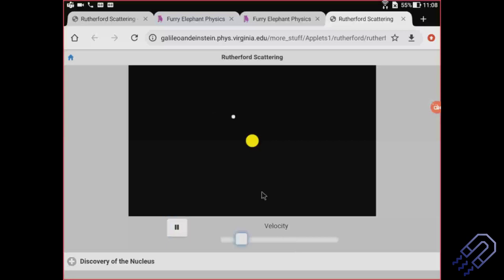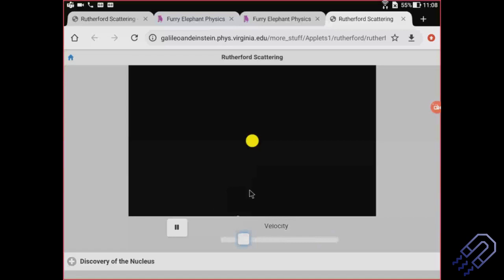It scatters much more. But if I have a very fast velocity, even if it is very near, see, this goes straight, this goes straight, this goes straight. It doesn't have that much deflection. But if the velocity is less, even if it is far, it's going to get deflected. These are some simulations which have already been created. So I don't think it's very complicated to understand. This is the impact of velocity.